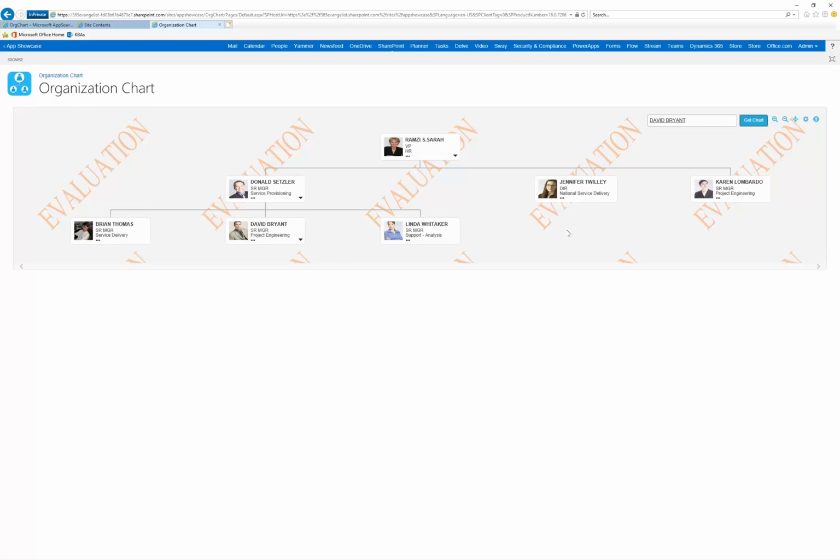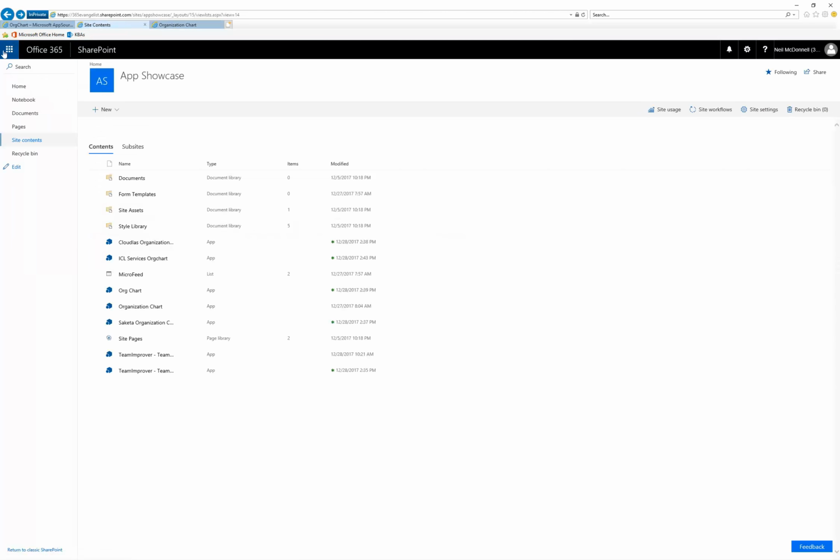So it looks pretty clean. Typical org chart, you see that. But I always start at the top left, and I work my way down to the bottom right when I'm trying to understand or evaluate something. Very first thing I notice is that the search bar is hosed. It's really just a bug in there. If you come back to the main SharePoint site on